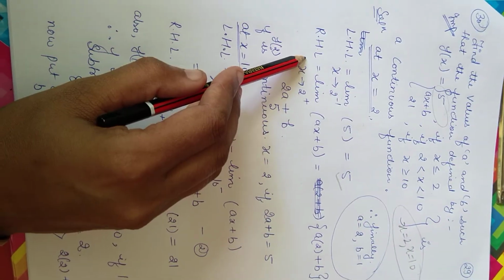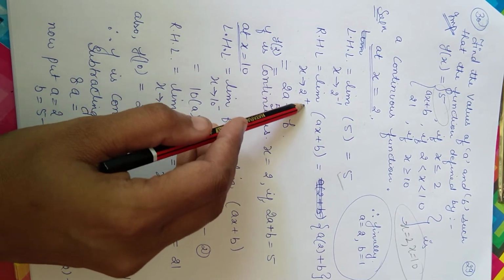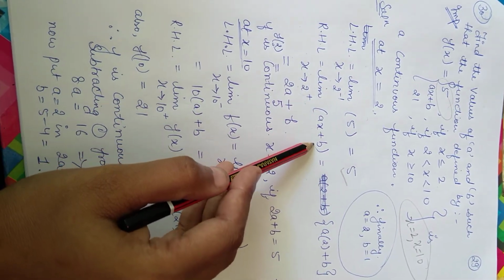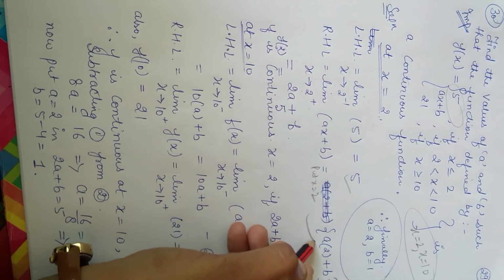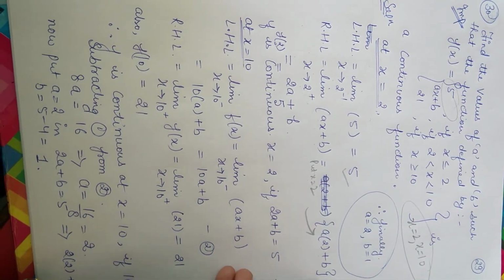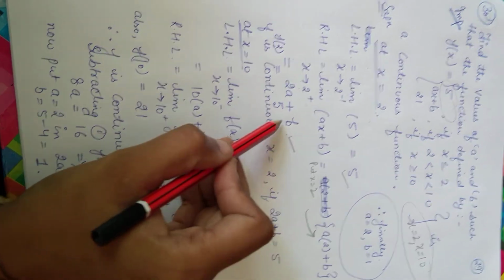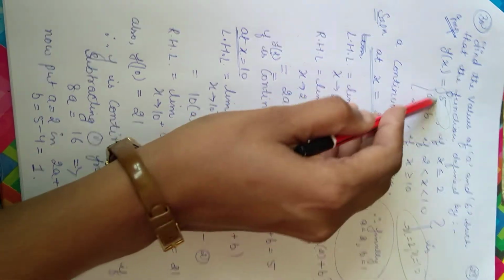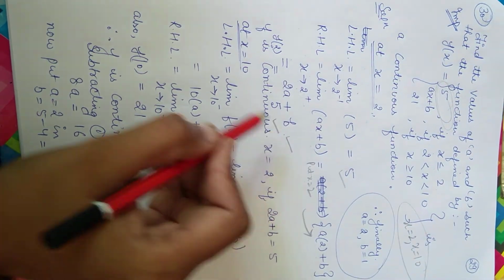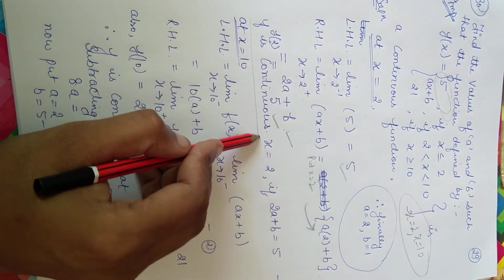And your RHL, limit of x tends to 2 positive, is ax plus b. When I put x is equal to 2, I will get a into 2 plus b, that is 2a plus b. And your f(2) value is 5. As f is continuous,